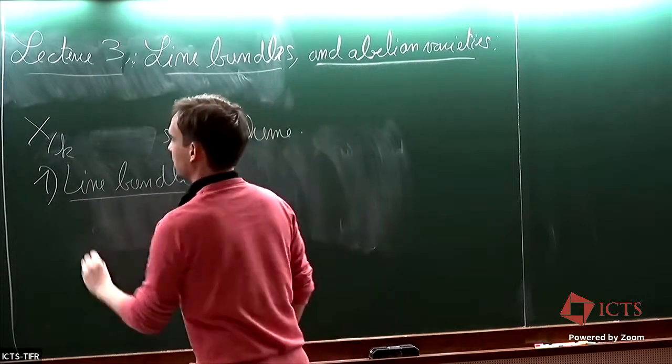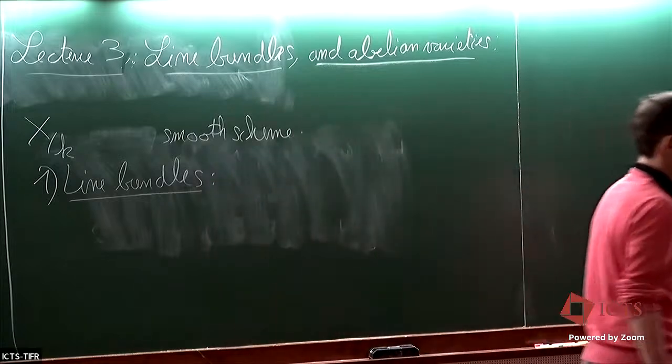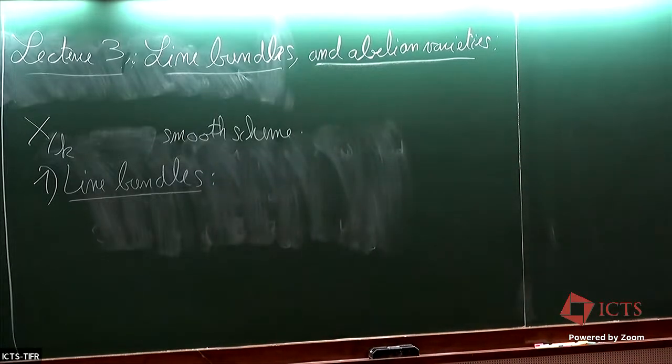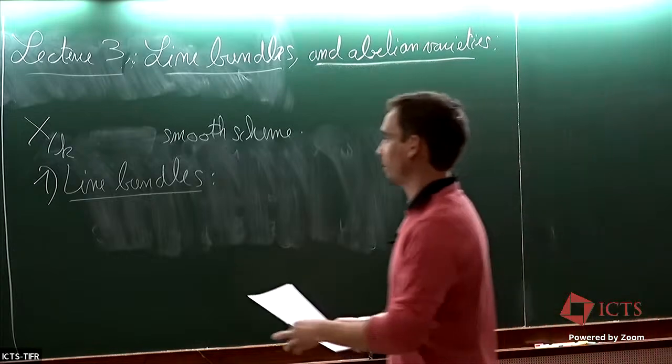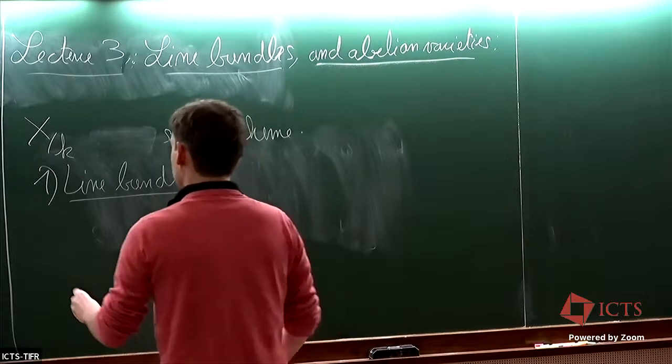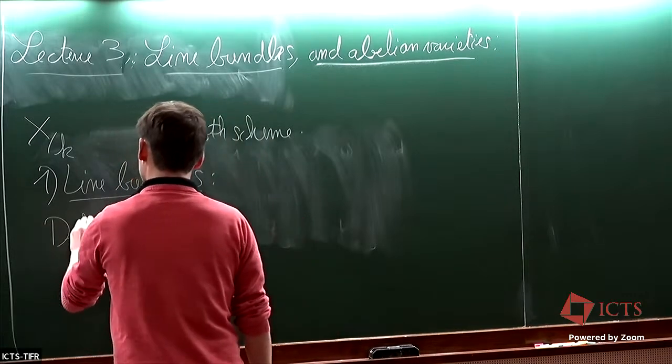And here, as opposed to Nitan's talk this morning, I thought it was slightly easier to talk about line bundles as geometric objects. These are equivalent, so I'll say a word about this, but I'll really think about them as objects like this. So, as a definition,